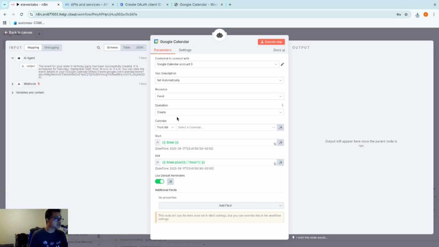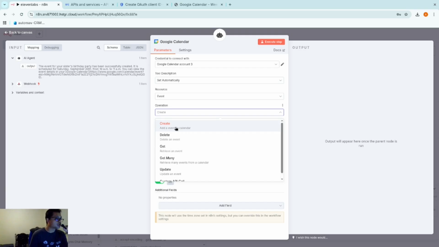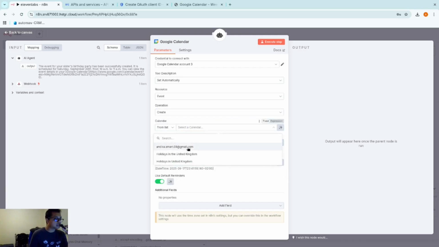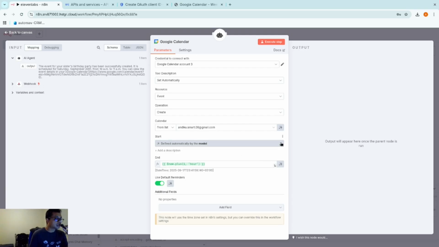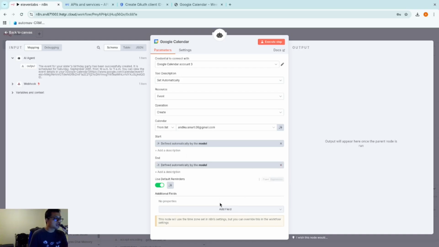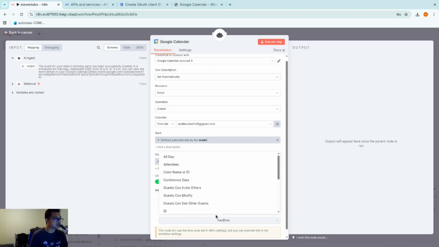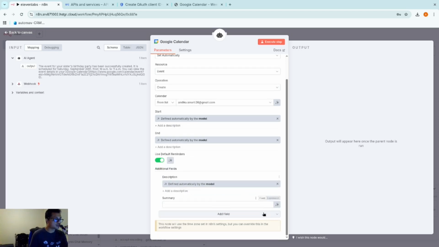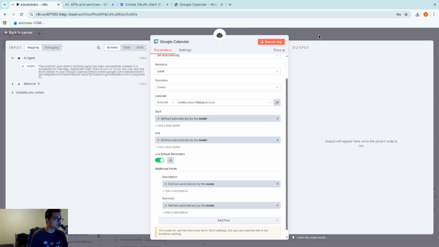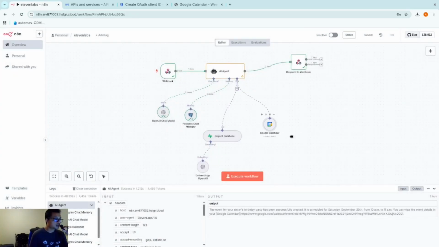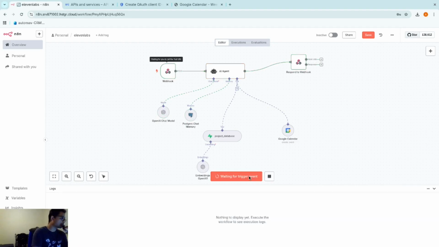What we want to do is we essentially want to create an event. So the operation is going to be create, and then the list is going to be andika.smart, which is the email. And then I'm going to let AI decide the start and the end as well. And what we want to add as well is the description, and let's let the AI decide. And what else? I think summary is gonna be quite useful as well, and I'm gonna let the AI decide. Yeah. Okay, so I'm gonna save this, and I'm gonna execute workflow, and I'm gonna make a phone call